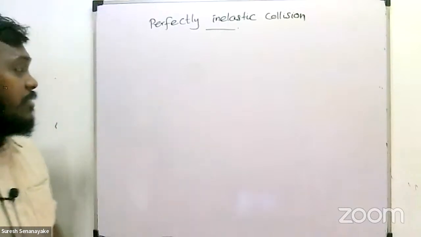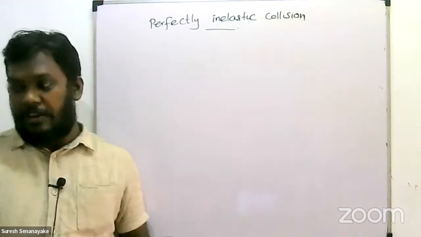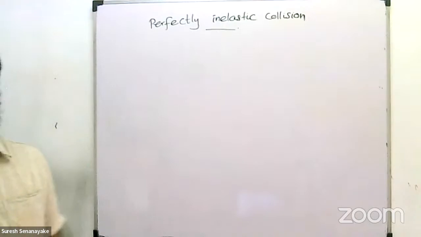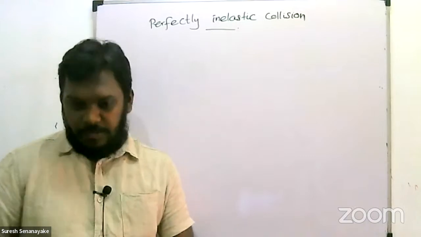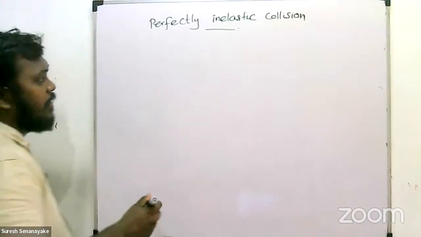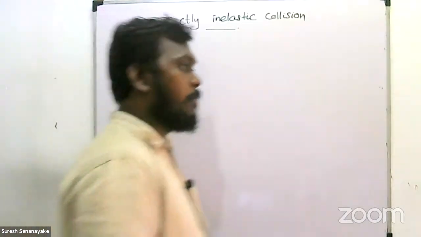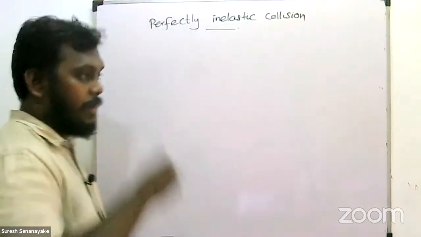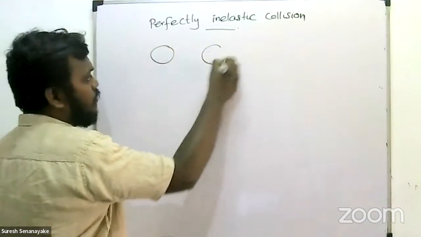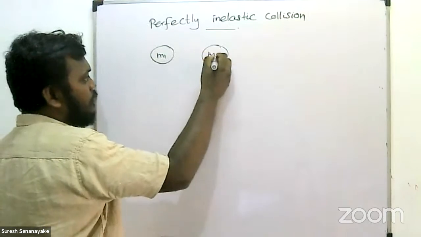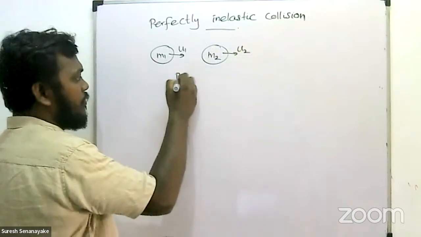Right, let after collision their common velocity become v. Then by conservation of momentum we can write the equation as below. You can first consider these two bodies, that is m1 the mass and other is m2 the mass, moving with velocities u1 and u2. So that's before collision.